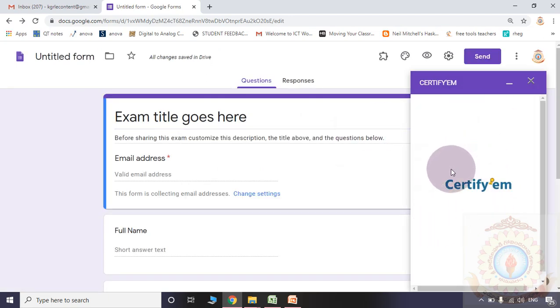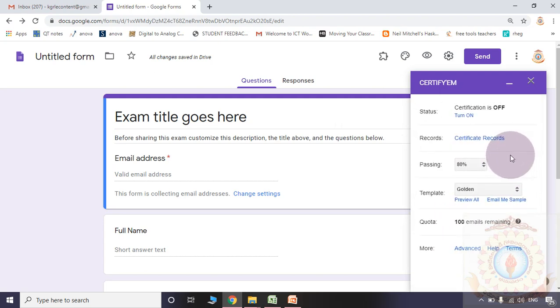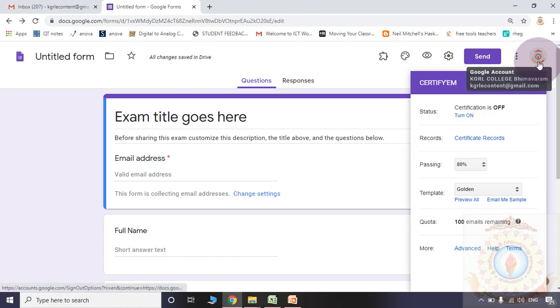So here please observe the link with the Certify-EM. You will identify it whenever you are observing this particular sub window. Here please observe my logo, my display picture that is appearing. Some members may use 2 or 3 different Gmail IDs.